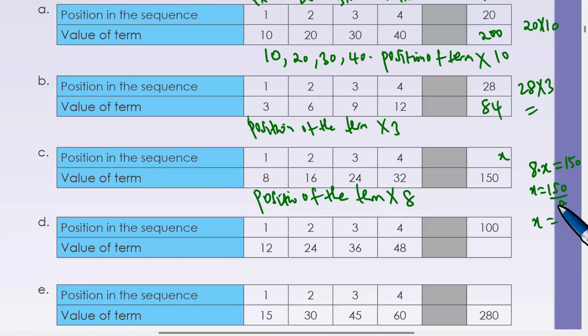If you divide 150 by 2, what do you get? You get 75. Divide 8 by 2, what do you get? You get 4. So that would be the answer. So 150 divided by 8